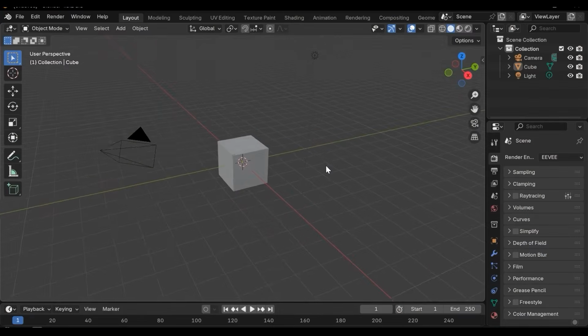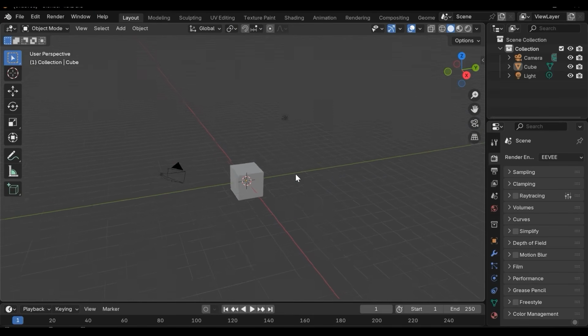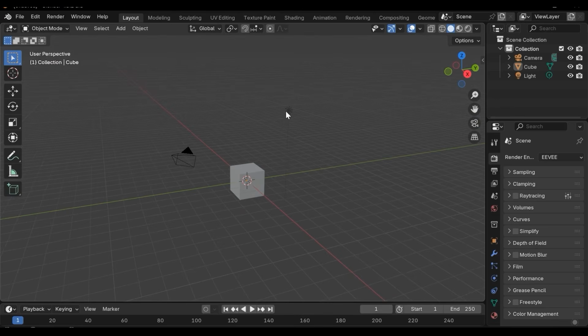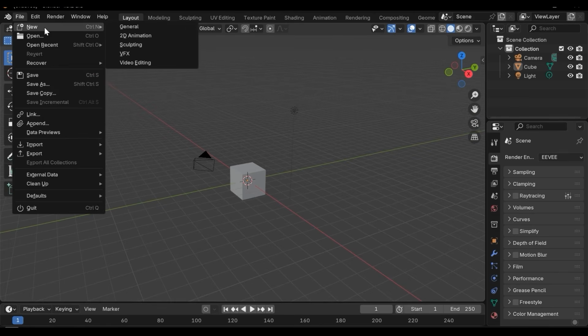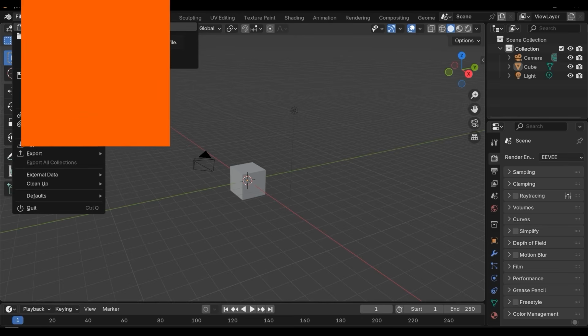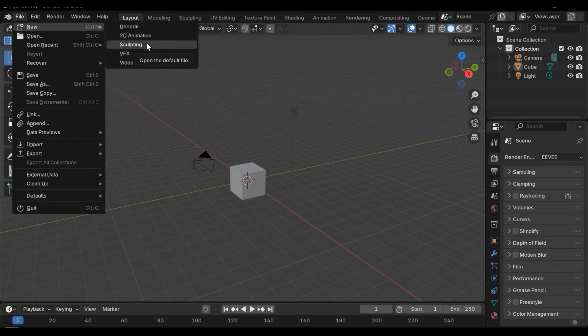Right, let's start. The Blender 4.5 LTS, or long-term support version, is the most stable version of Blender. So let's start with the user interface. We have the File, Edit, Render, Window, and Help menus, which we can use to create and add a new Blender file here. General is the general purpose project, 2D animation, which will activate 2D painting for us, and some features